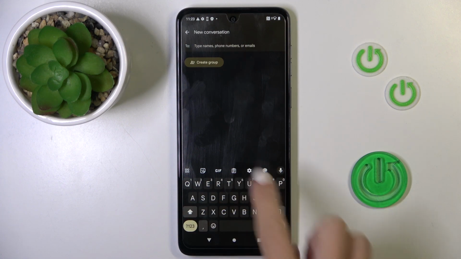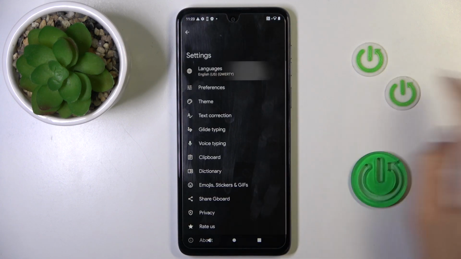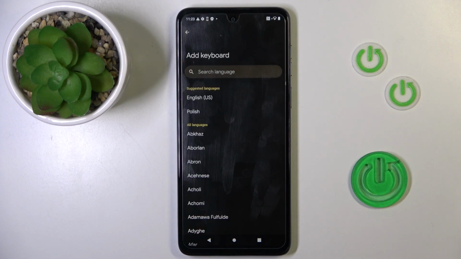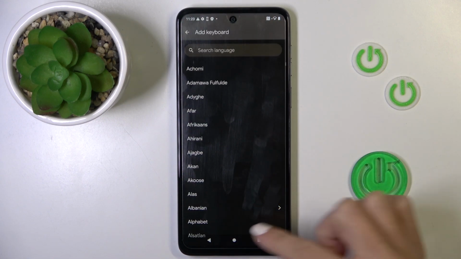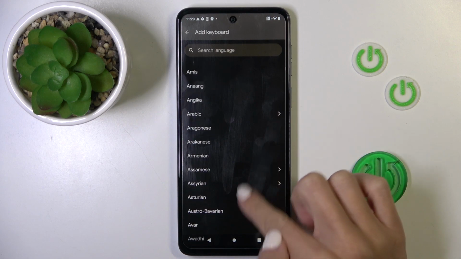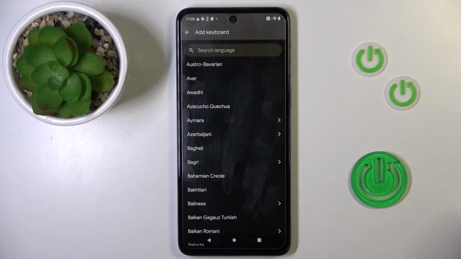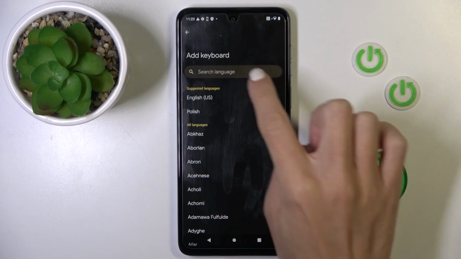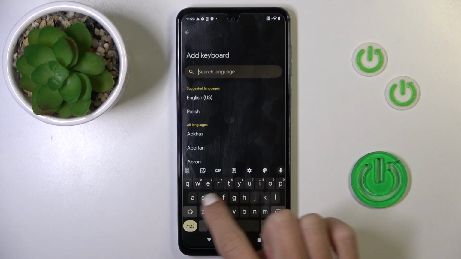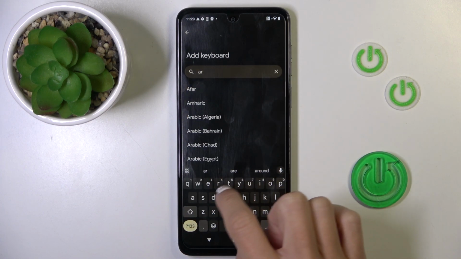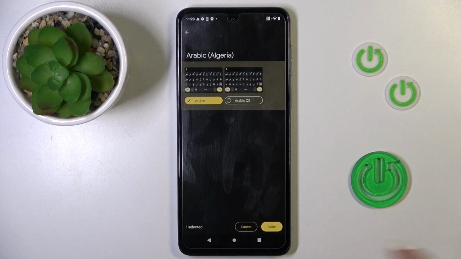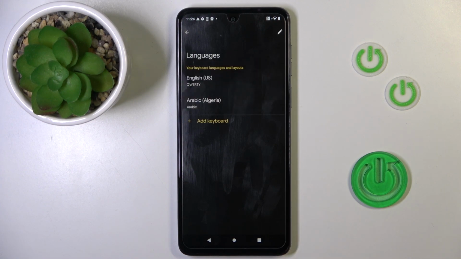Once you've got it, tap on settings, select languages, click on add a language, pick the language that you want to apply, so you can either scroll all the way down till you find the preferred language, or you can use the search button and enter the language that you want to apply, click on it, tap on done, and